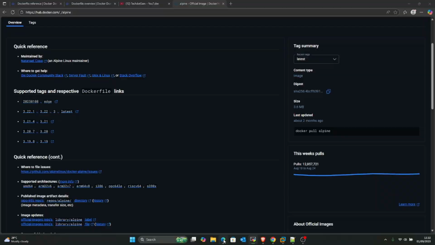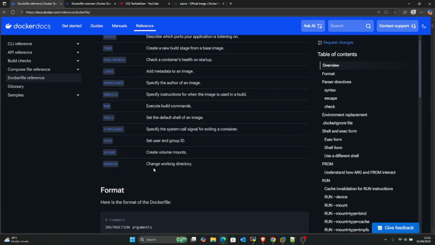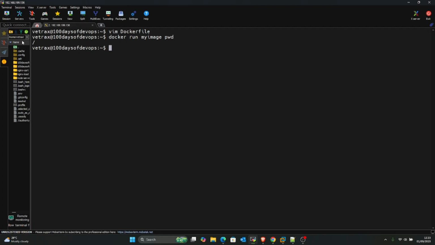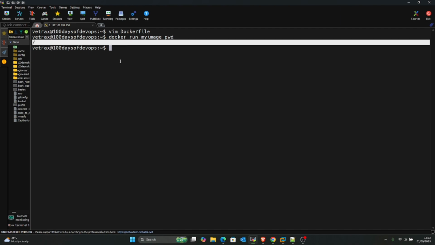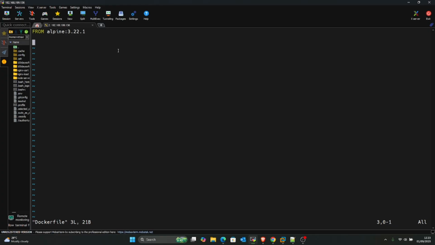So, from what I have here, that is the working directory. It just changes your working directory to the one that you define. Before now, if I do docker run and then print the present working directory, you can see that it's running on the root. But if I vim Dockerfile and I want to change the working directory,